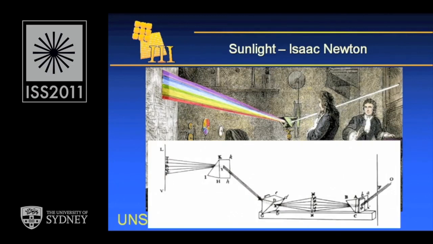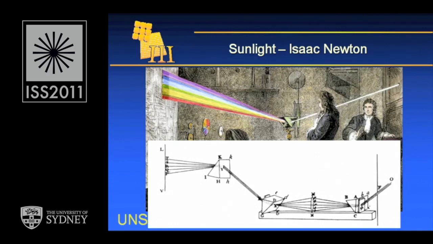But the interesting experiments that Newton did were to show that the colours themselves were the primary things rather than the white light, which had previously been thought to be the case. The ancients thought that the white light was the prime thing and the colours were some type of modification of that primary element. This is one of Newton's drawings, where he split the light into the fundamental rays